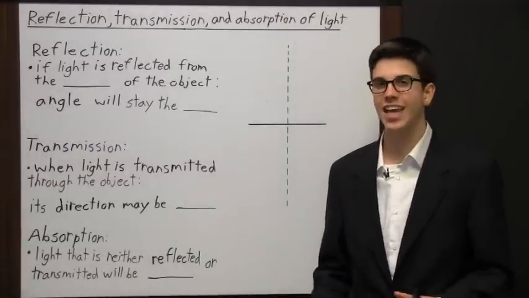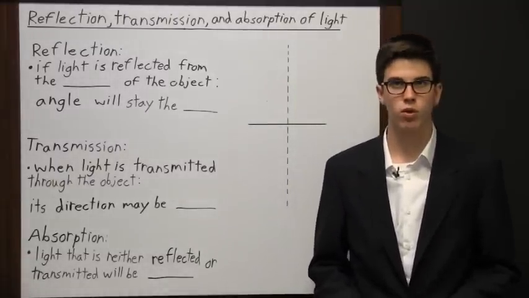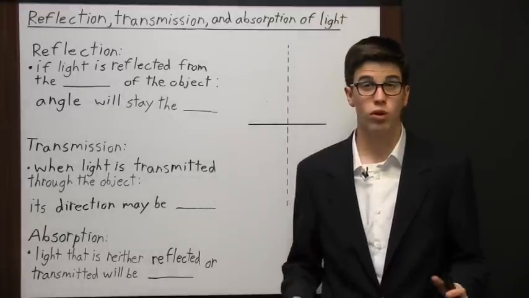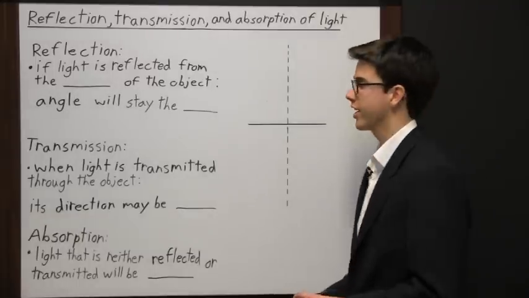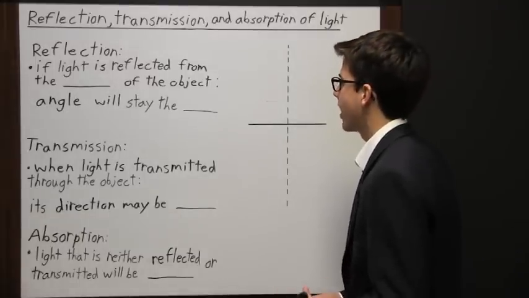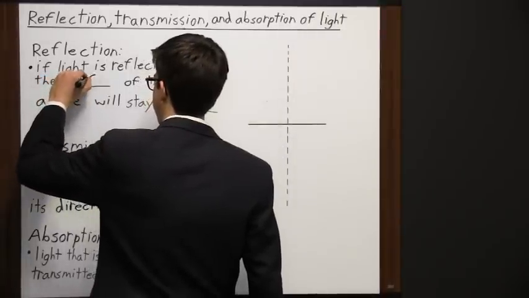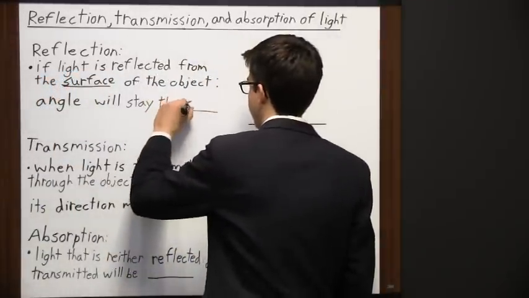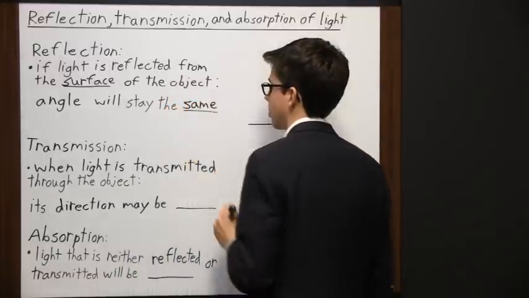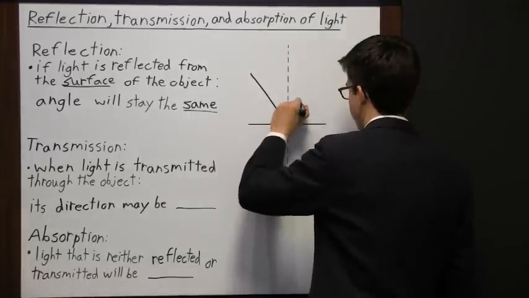When light waves encounter an object, they are either reflected, transmitted, or absorbed, or maybe even a combination of 2 or 3 of those. So first we're going to take a look at reflection. If light is reflected from the surface of the object, the angle will stay the same. So say we have light coming like this, it reflects off the object, it's going to go straight back up